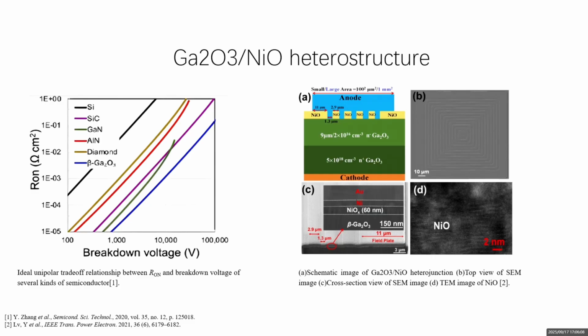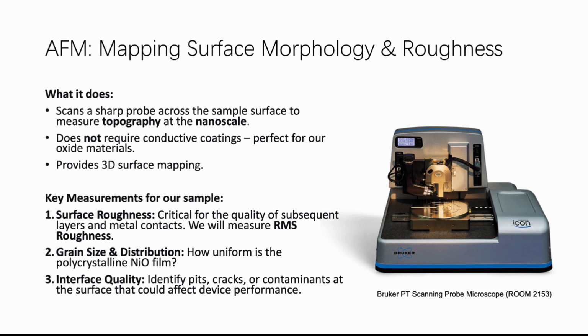However, due to nickel's tendency to diffuse easily at high temperature and the instability of the oxidization process, certain characterization methods should be employed on the substrate and the heterojunction to ensure the achievement of high-performance devices. The first technique we would like to use is the atomic force microscope, which is used for mapping surface morphology and roughness. What it does is scan a sharp probe across the sample surface to measure topography at